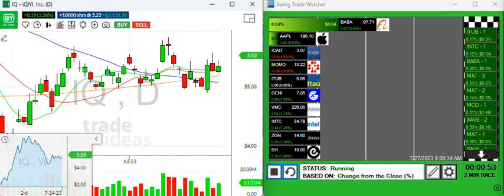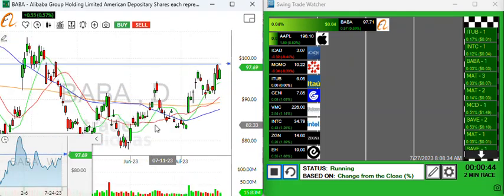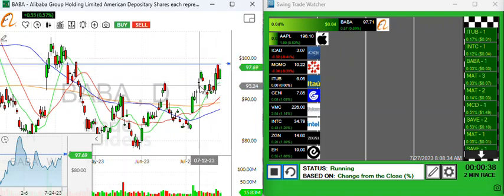We're looking for setups. Let's take a look at possibly one more, BABA, another China play. Looking good in the long term on this one. Okay, this one you have your fanning moving averages. You got your 10, pushing higher. So look for BABA to maybe break that 3-day high there. I think this could approach